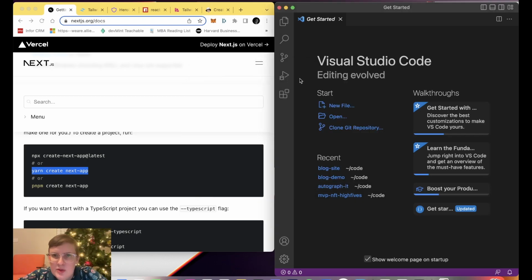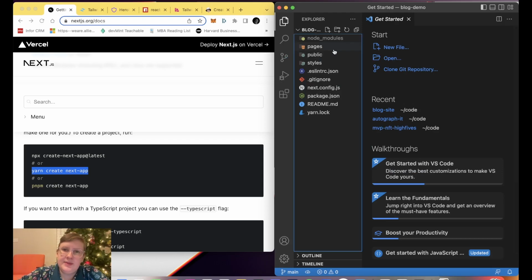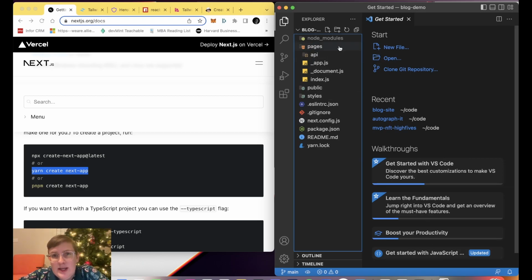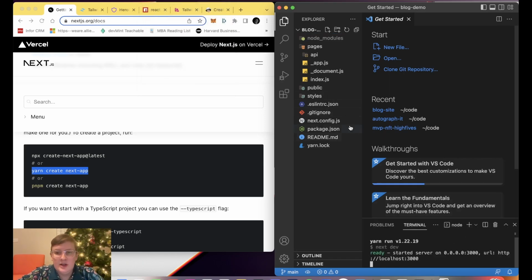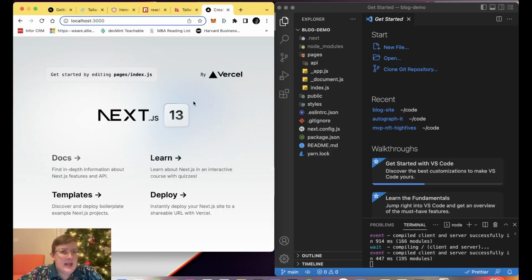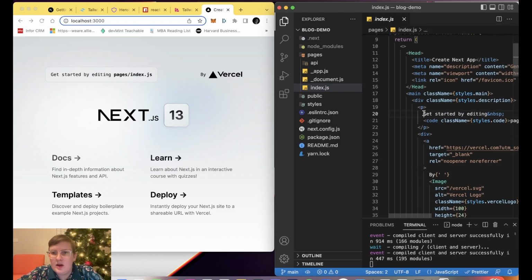Success. Let us go to our Visual Studio Code or whatever IDE you're using, and we're going to open up the project. And now we have a typical Next.js starter app. If we open the terminal and we say yarn dev, we can open up our localhost and we see a Next.js default site. And if we go into index, we are able to see that everything that we have in here, "Get started by editing,"